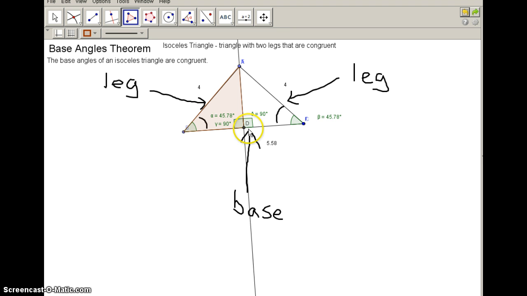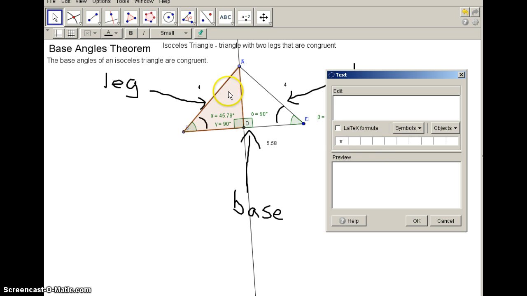I know the pink triangle here has a right angle here, and it's a right angle triangle. And I know over here you have a right angle triangle as well. So these two triangles have one thing in common, and that is that they're both right triangles. So what I would probably put in my proof, if I were working on a proof here, and I'm going to try to make one here off to the side, is I would say that the triangle,